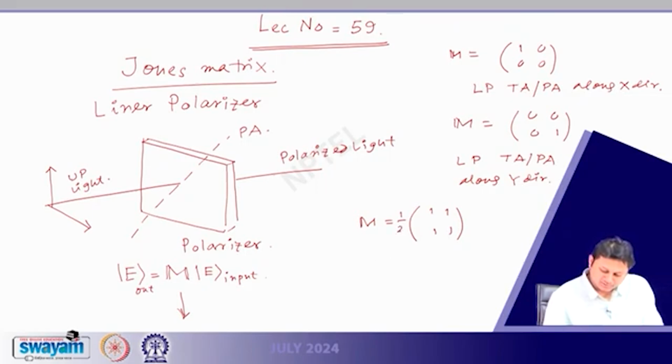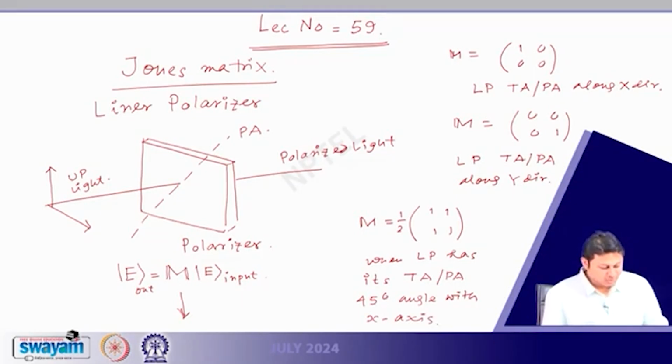That is when the linear polarizer has its transmission axis or pass axis making a 45-degree angle with, say, the x axis. So this we discussed, but today we will do something interesting, something which I did not do earlier,